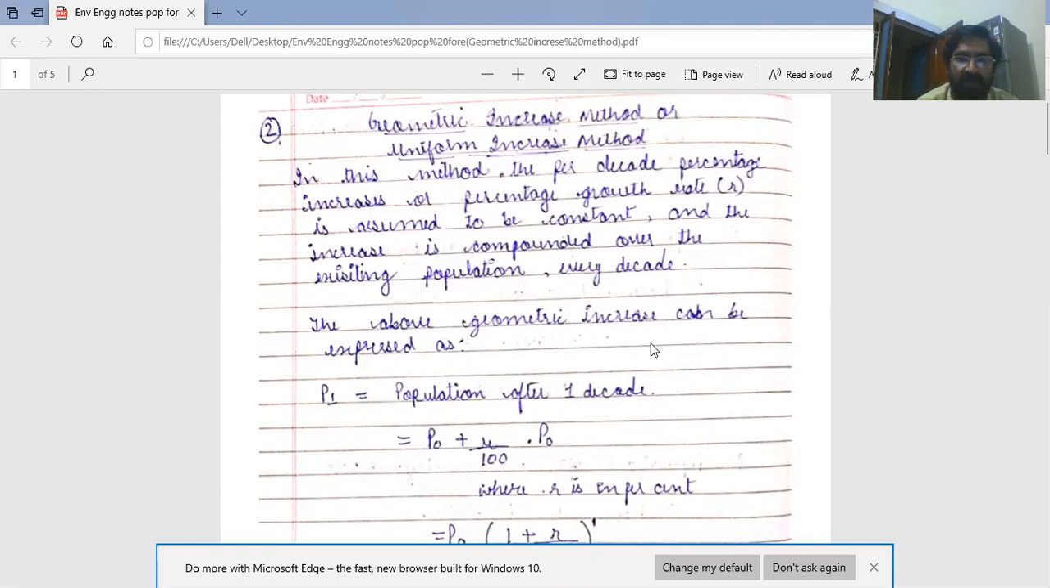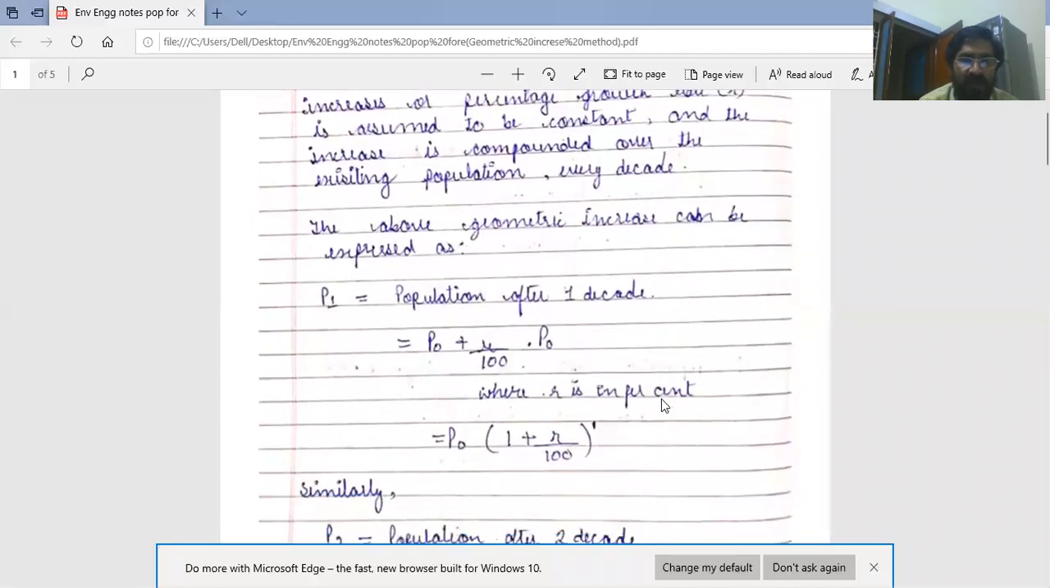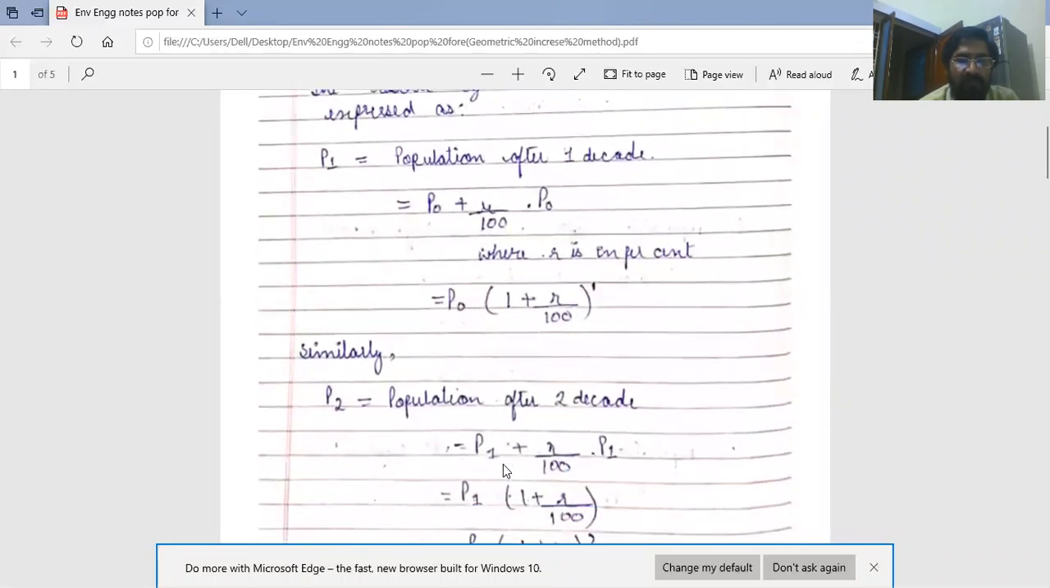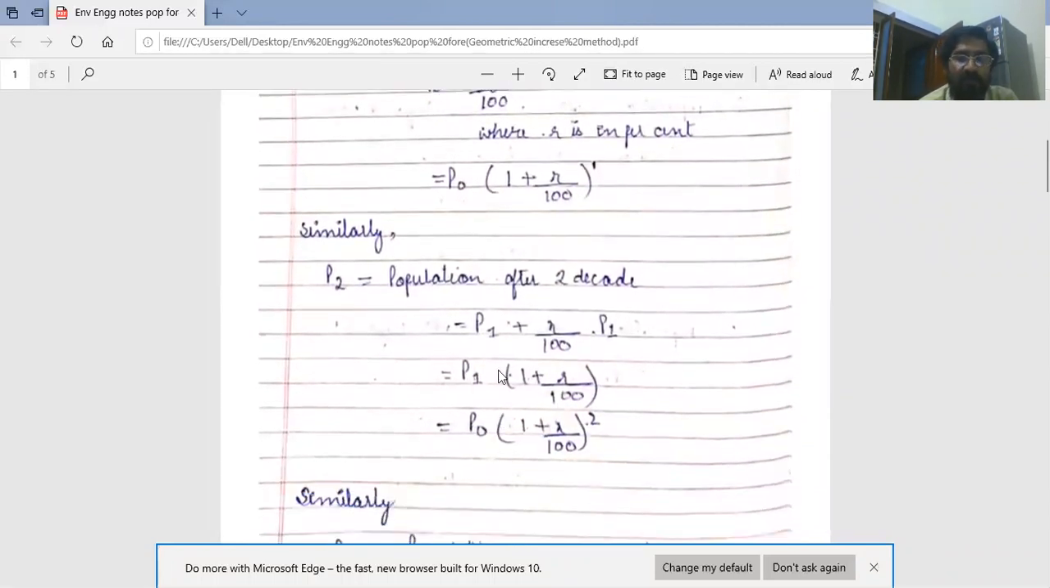The above geometric increase is expressed as P1, population after 1 decade or future population, is equal to P0 plus R upon 100 into P0, where R is the growth rate in percentage and P0 is present population. So P0 is common: P0 into 1 plus R upon 100 to the power 1. Similarly, P2, population after 2 decades, is equal to P1 plus R upon 100 into P1. So P1 is common: P1 into 1 plus R upon 100, and